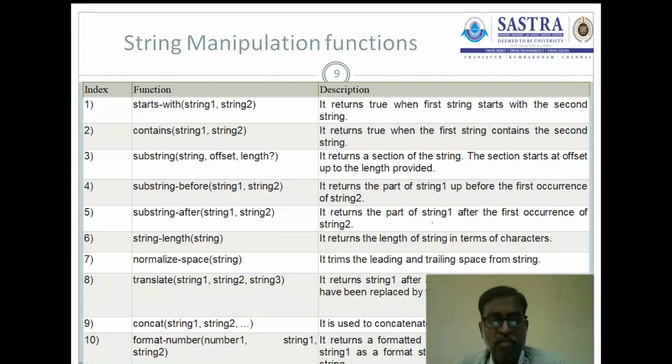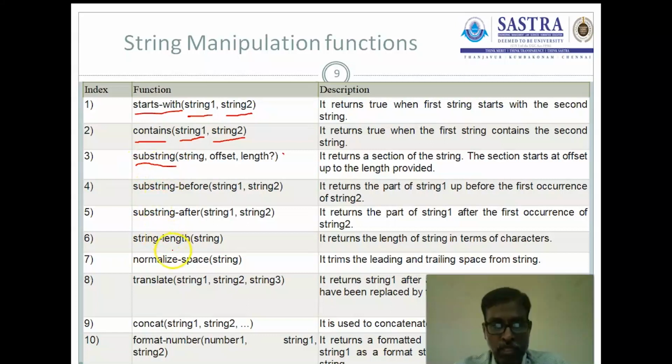Apart from those functions, XSLT defines several other functions. First one, starts-with. If string 1 starts with string 2, then it returns true, otherwise false. Starts with can be checked through this function. And then contains, we are going to check whether the first string contains the second string. If it contains, then it returns true, otherwise it returns false. Not available means it returns false. And then substring,